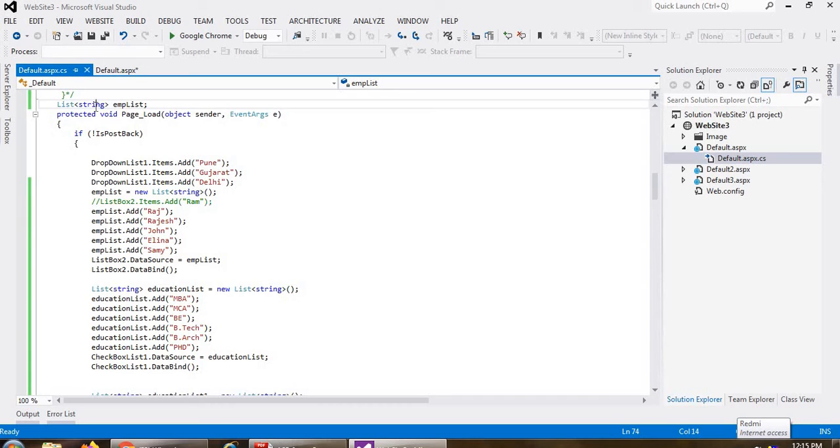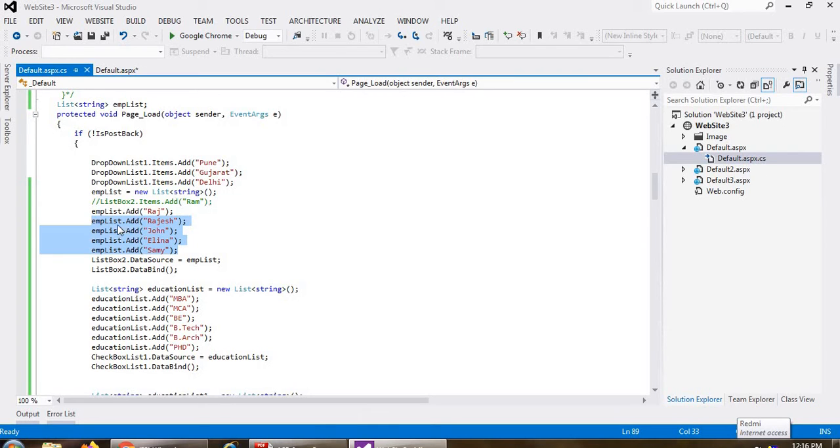So here string is my data type, meaning I want only string values inside my list, then I can use string. Then empList is my object, empList equals new List<string>(), and with the help of empList.Add I can input the first value, then the second, third and fourth values.